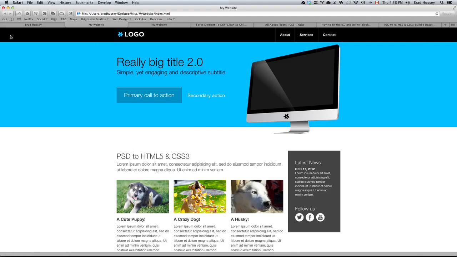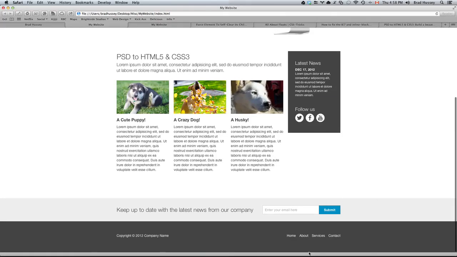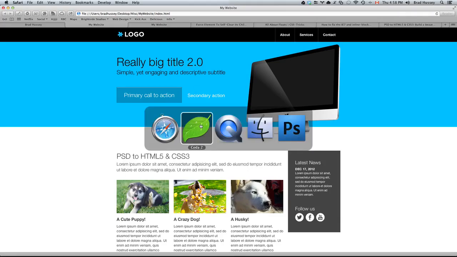The black extends from one edge of the browser window to the other edge. Same with the blue, and down here as well, this gray and this dark gray. But the content within it is centered, so this section is centered, and same with this, and so on and so forth. So in order to achieve this, we're going to have to do a little bit of extra markup